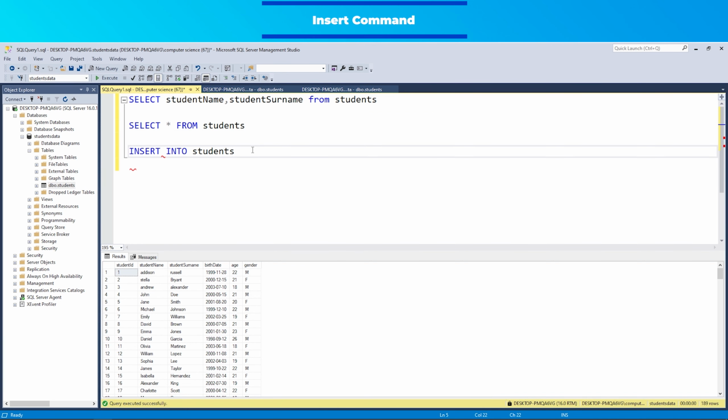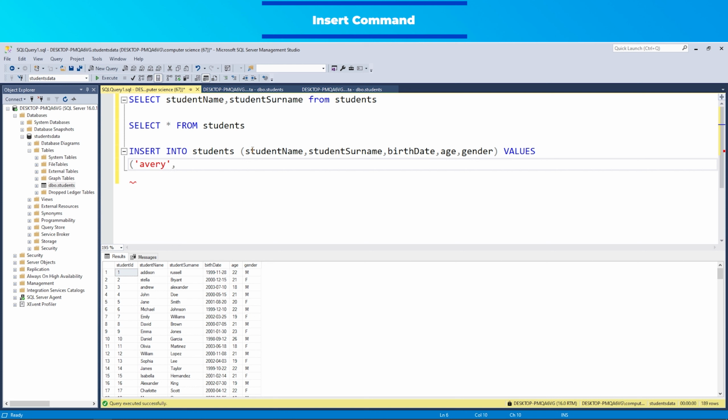After entering insert into students, student name, student surname, birth date, age, gender, values statement, I proceed to input the data for 3 rows into my students table.